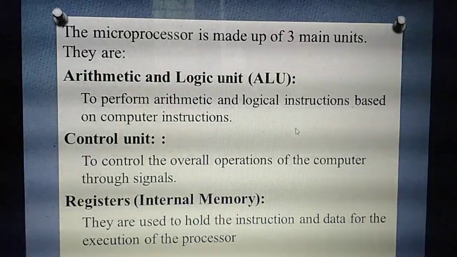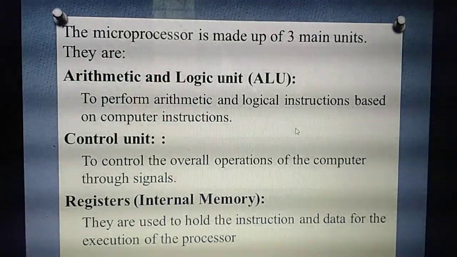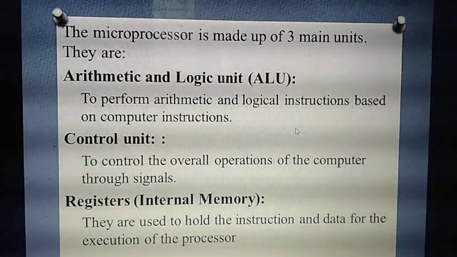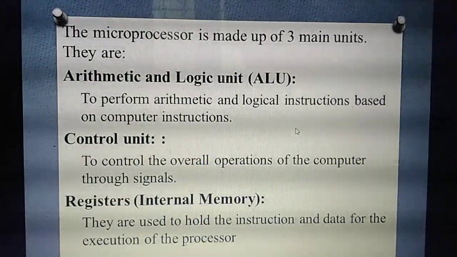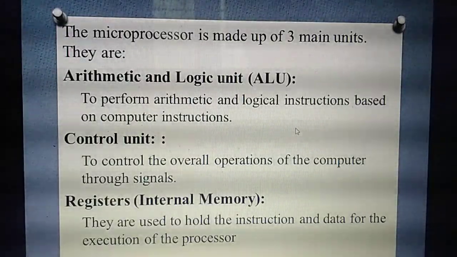So all the things are there. Whether any one person needs to control. For example, if you students are there in a class without a teacher present inside the class, will you all keep quiet and sit? No. You will dance here and there, you will move here and there. So one person is needed to control you.